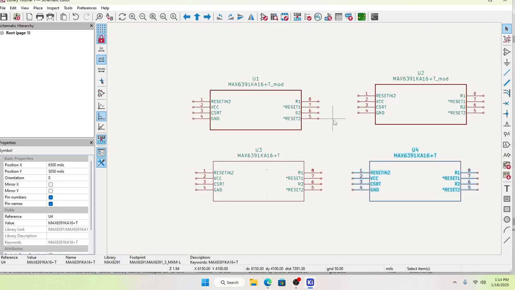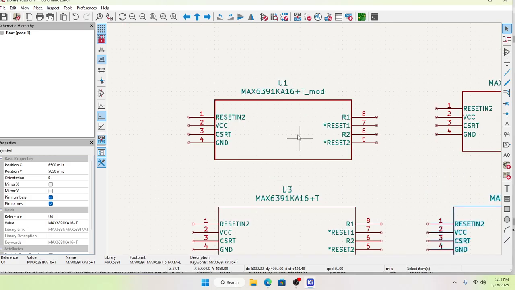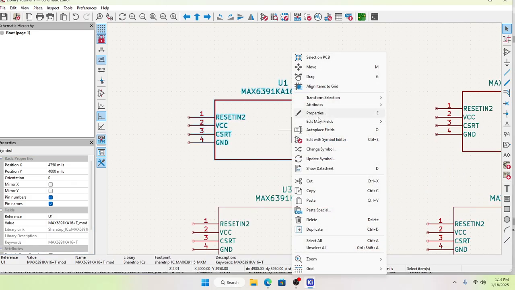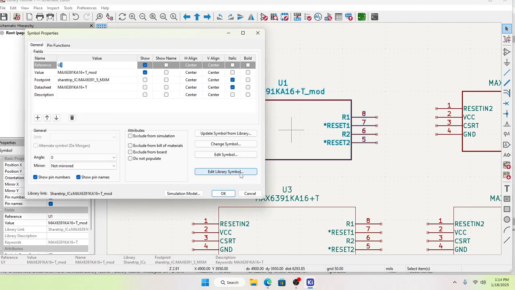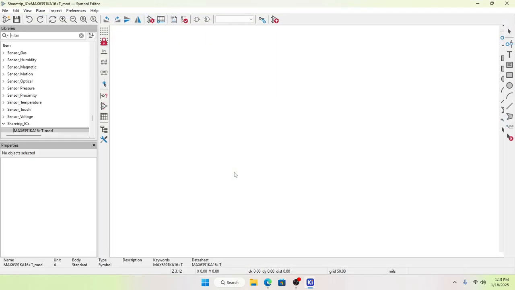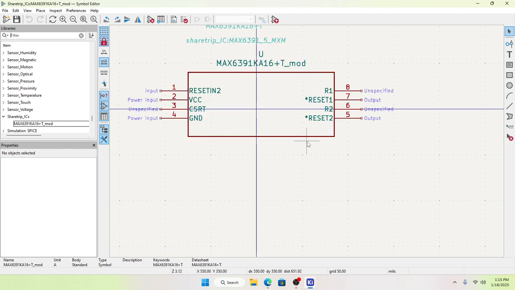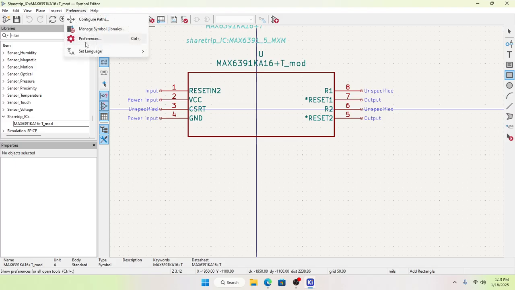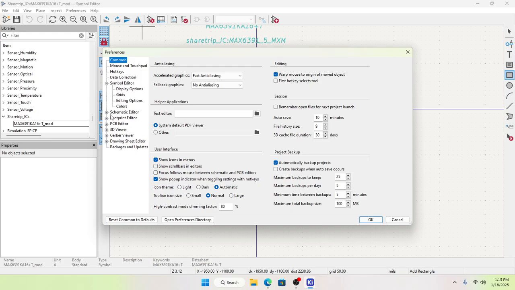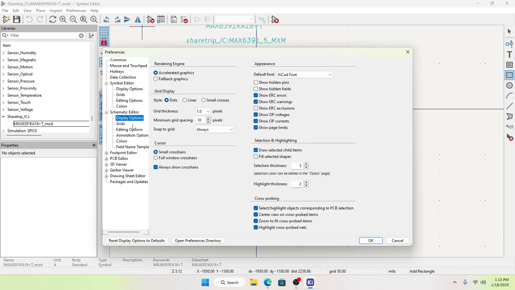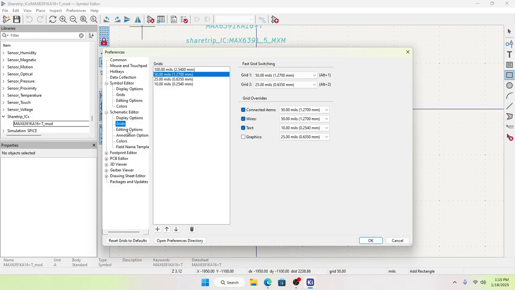Okay, so now that you've seen the difference, now let's do one more change here in the symbol. So we go edit, properties. I'm going to do edit library symbol. I don't want to do it right at this level because when I reuse it, I have to do it again. So now let's say I want to make it smaller. Okay, so here is for symbols. I think there's another section in preferences, schematic editor, and I think it should say the grids 50/50, text is 10, graphic is 25,